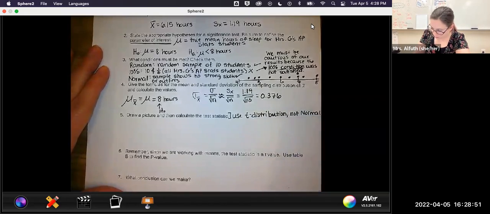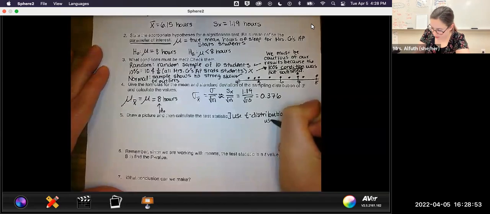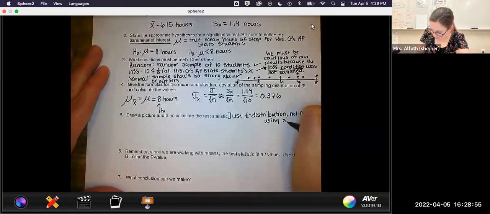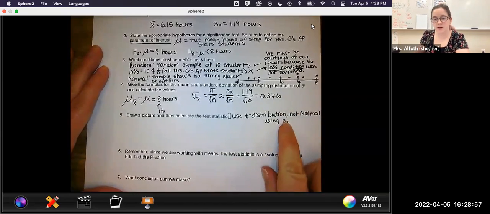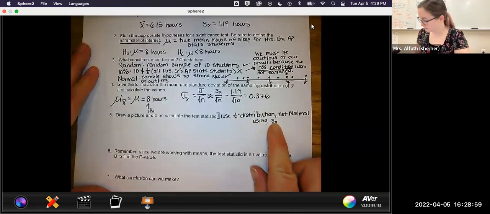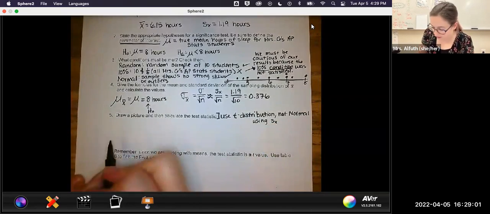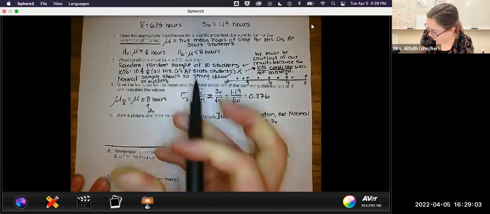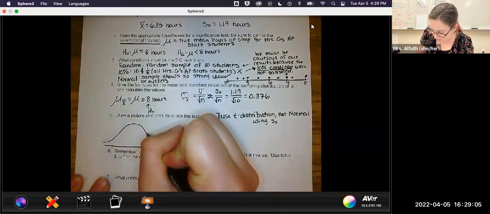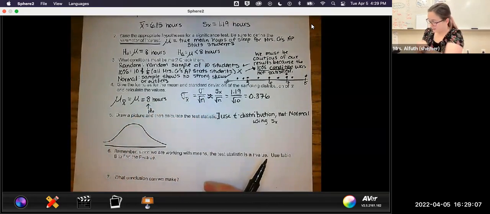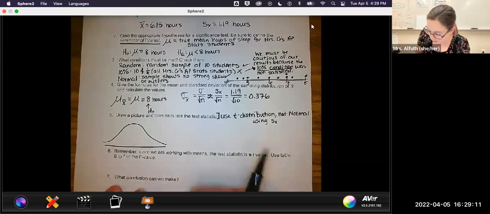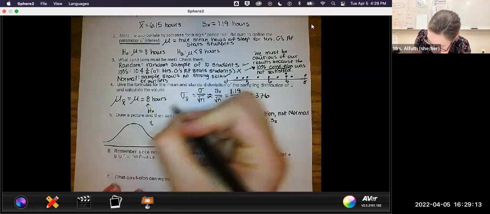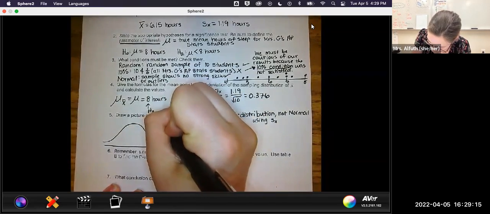Okay, and the reason again for that is because we are using the standard error, not the standard deviation. So the picture is going to look very, very similar to our normal distribution here, but we're going to label this as our t distribution with the degrees of